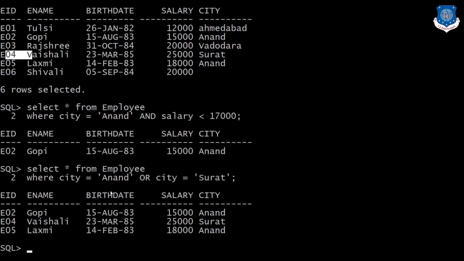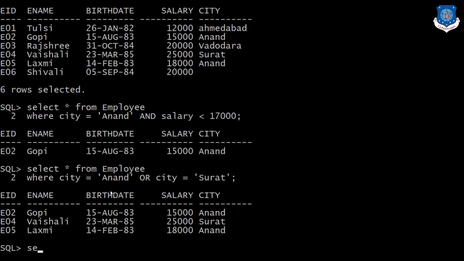Now the NOT operator. The NOT operator is used to negate the result of any condition or group of conditions.